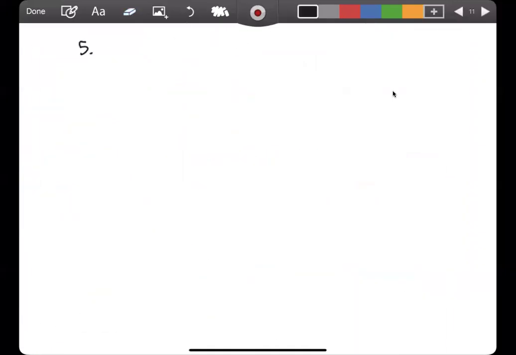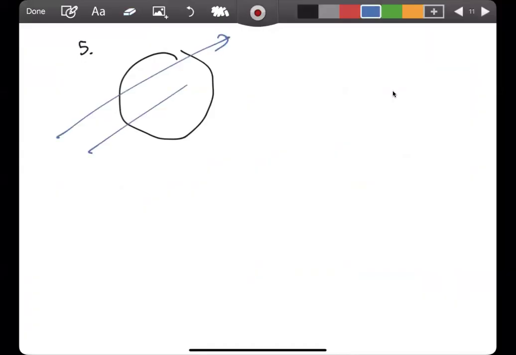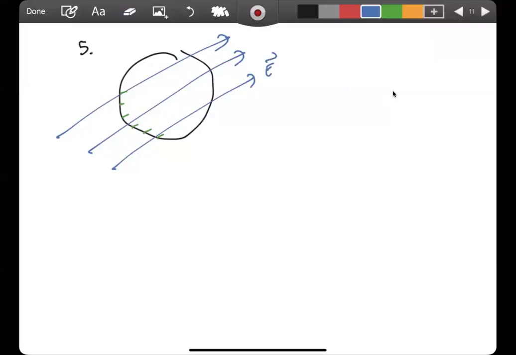Number 5 is even if I put this guy on here and there's no cavity, if I simply have an external electric field which is passing through in this direction, again, what's going to happen is the charges on the inside are going to be brought negatively to this side because they're going to feel a force in the opposite direction as the external force. And then the positive charges will be pushed to the right because they're going to feel a force in the same direction, which means, again, I'm going to get a charge separation, which is going to create the electric field,